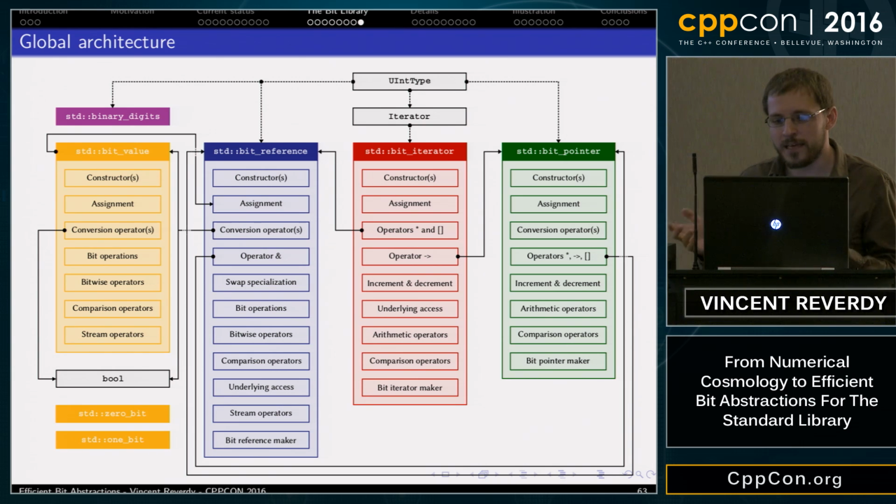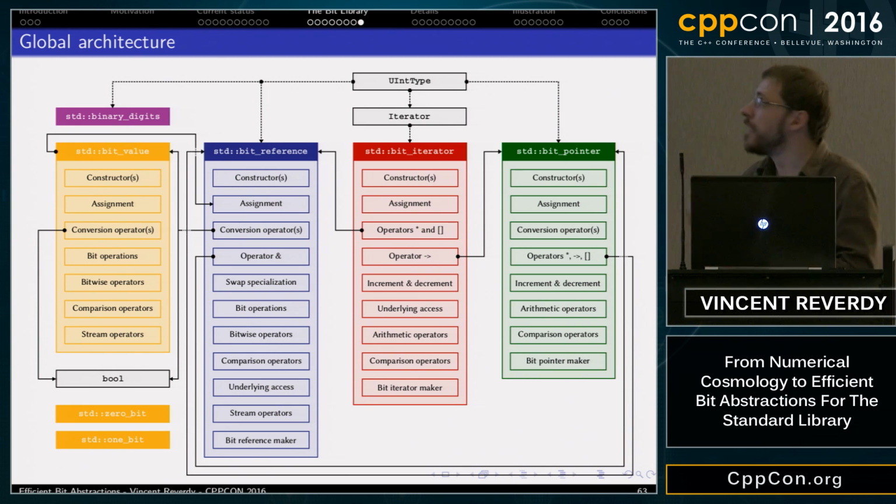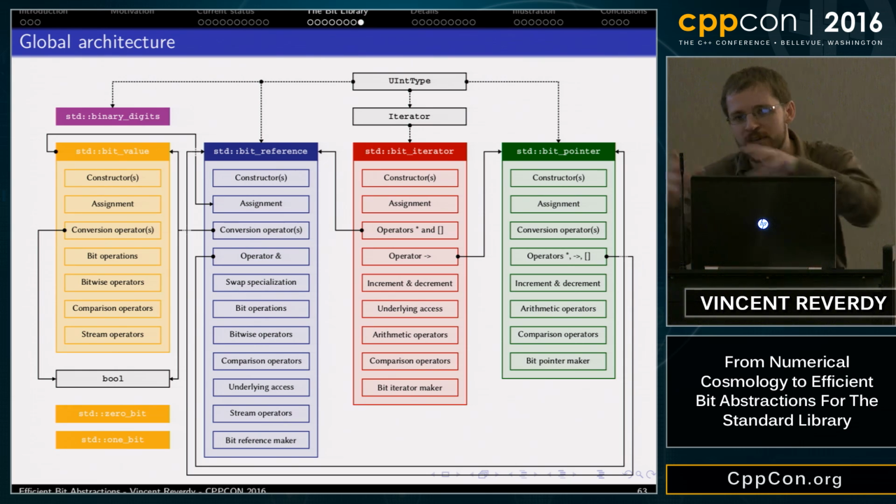That's the reference type of bit iterator. Same thing for bit pointer, and if you execute the bracket operator on a bit pointer, it gives you a bit reference. But sometimes we also need to deal with bit values that are not referenced in an unsigned integer, but which are independent.